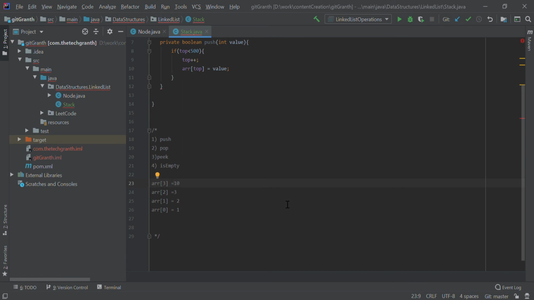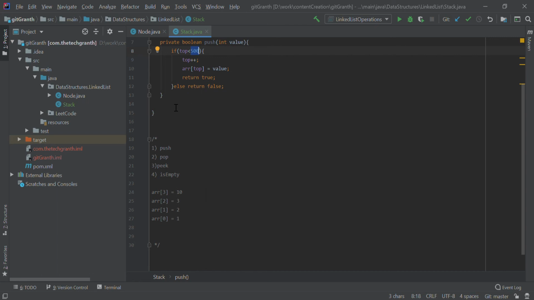When I pushed 4 elements, till now I have not popped anything from the array, so my top will be this. My top will have value 3, and at third position my actual value will be 10. So this is how this will be implemented, and I was able to add value, so I will return true from here. Otherwise I will return false, because this is greater than or equal to 500, so I'm out of memory, so I'm not able to push element into my array, so I will say it's false.